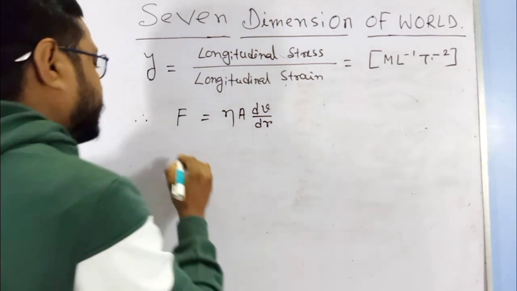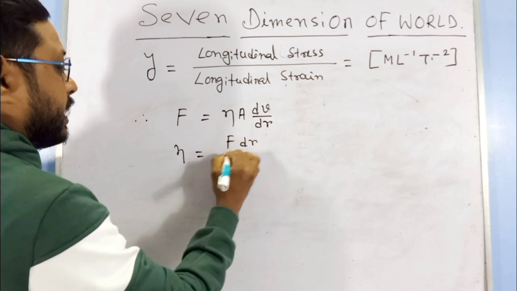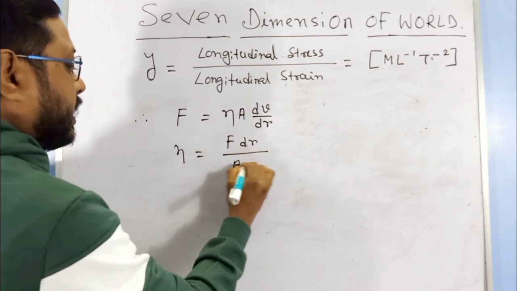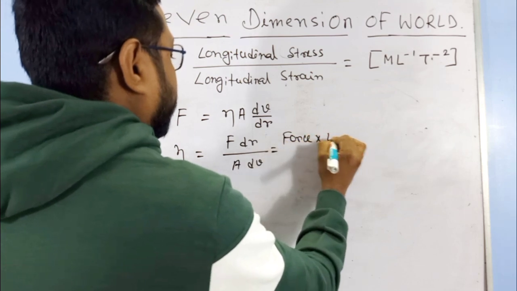Now the coefficient of viscosity eta is equal to F dr divided by A dv, that is force into length